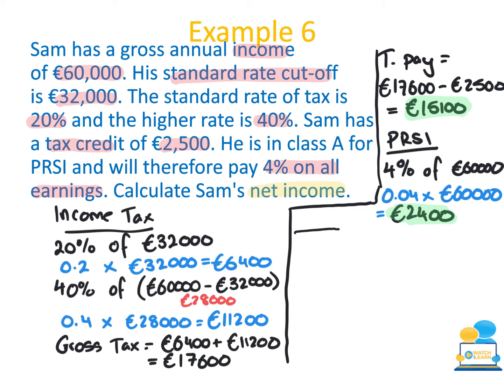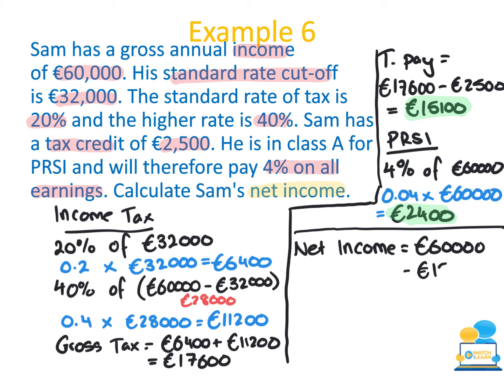So now we're ready to finish off the question and find out what Sam's net income is. His net income is going to be how much he started off with, his gross pay, which was 60,000 euros. And then we're going to take away his total deductions. Firstly, his income tax was 15,100. And then we're also going to have to subtract his PRSI, which is 2,400. Once I subtract those two values, that will give me his total net income. So 60,000 minus 15,100 minus 2,400 gives me a net income of